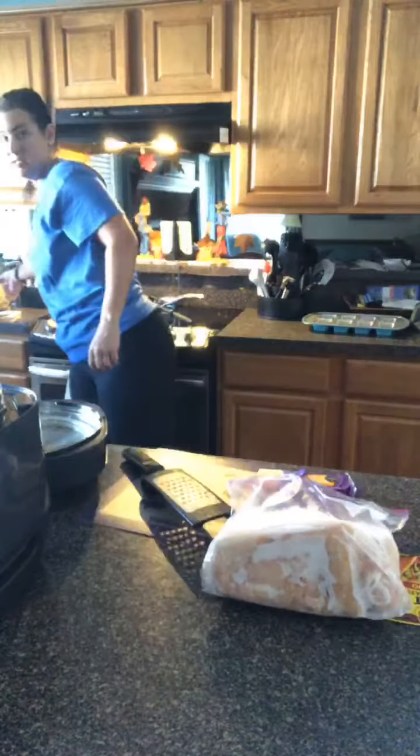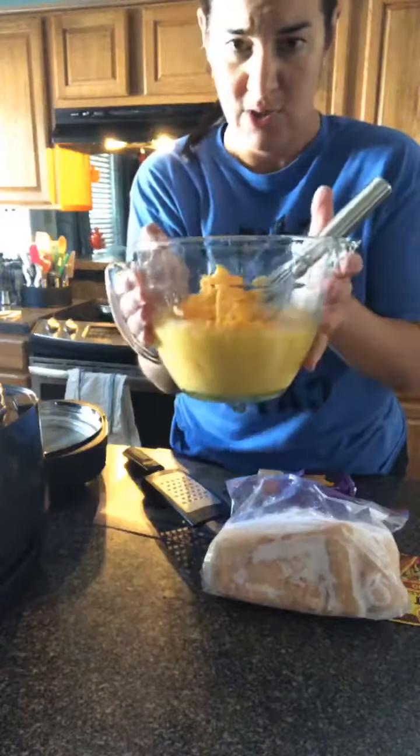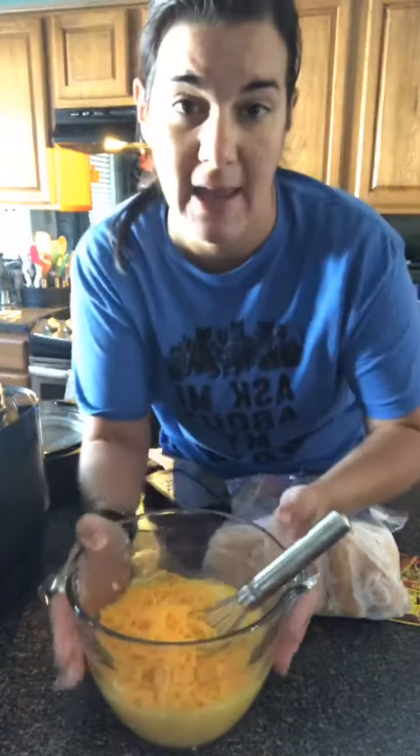So I also had at least a dozen eggs. I have to honestly tell you, I did not count how many eggs went in here. I usually use at least 9 because I usually buy 18 packs. So that's half of my,